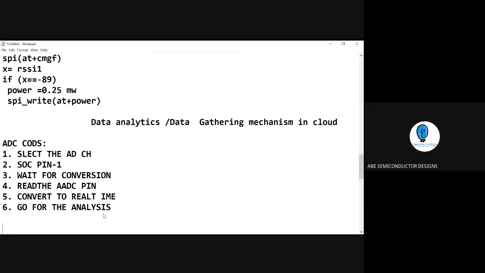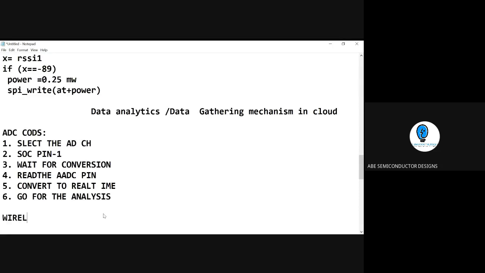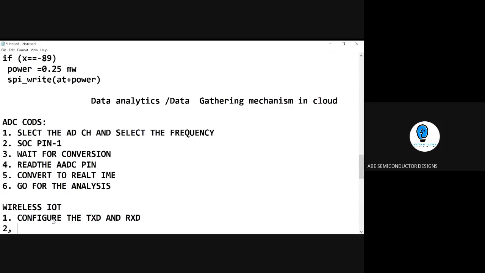And when you want to transmit with wireless code, select the ADC channel and there is another step: select the frequency. This is common for every board you work with. And when you work on the wireless IoT transceivers, the first step is to configure TXD and RXD. This is important. The second important step is to set the baud rate.